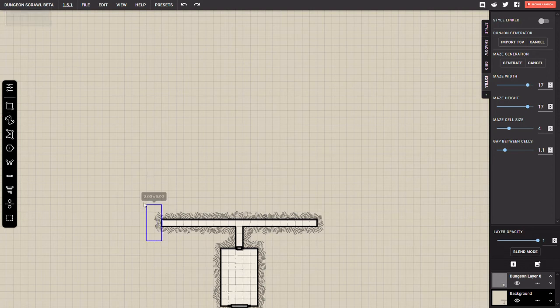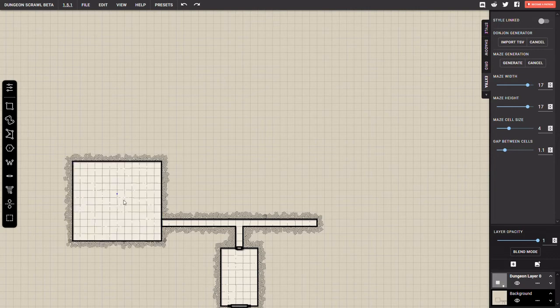That's just a wee note tip for me. Okay, and then we move on to making some other rooms. Now first I'm going to just build a nice big room here,